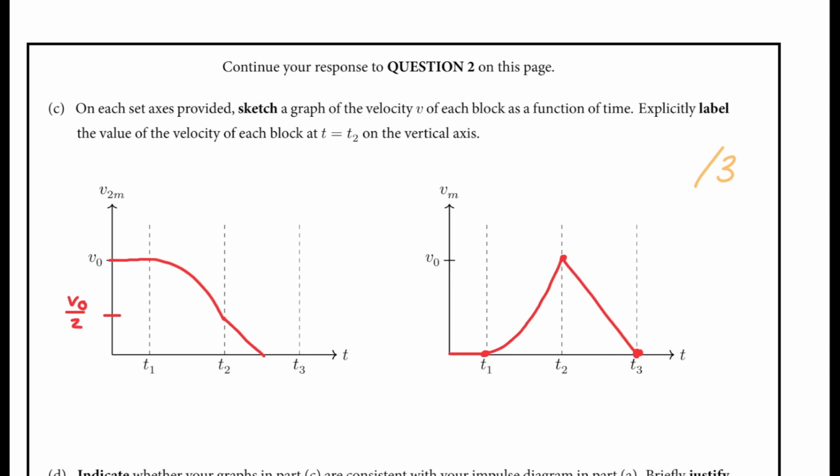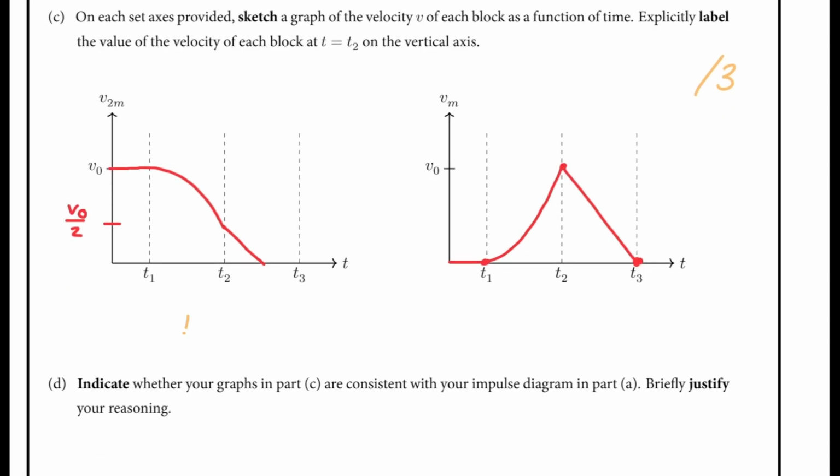So your first point on this is going to be the correct behavior of both graphs from 0 to t1. So that means your 2m graph starts at v0 and is constant, and your m graph starts at 0 and is constant. Then you get another point